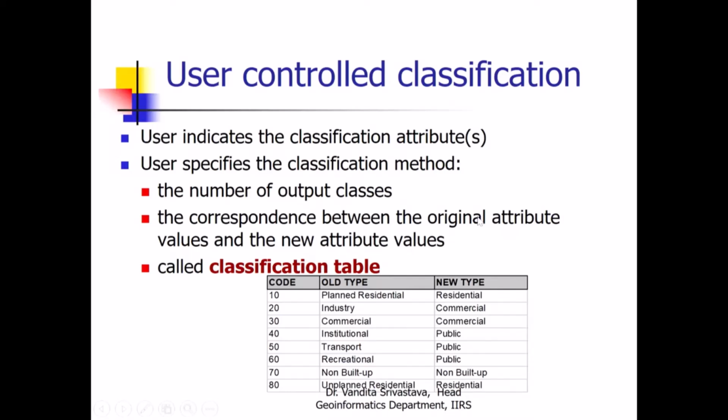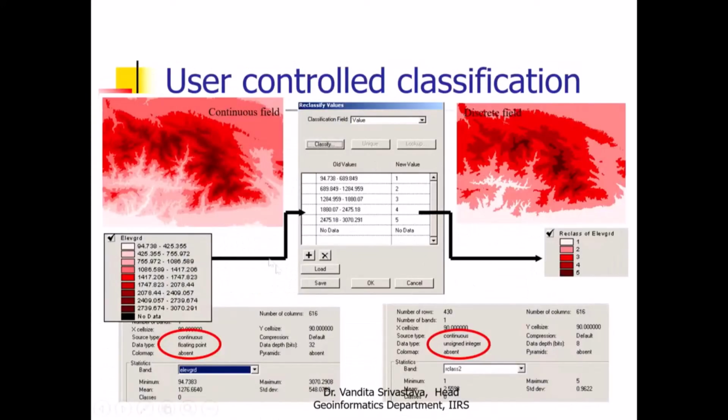But in case of automatic classification, only the number of output classes is given by the user. The classification scheme is decided by the algorithm. I will show you how. So in this user controlled classification, this is an elevation and the values are from 94.738 to 3070.291. Now these values are classified into only 5 classes. So these are given as values 1 to 5 and then no data. Okay. So now you see here